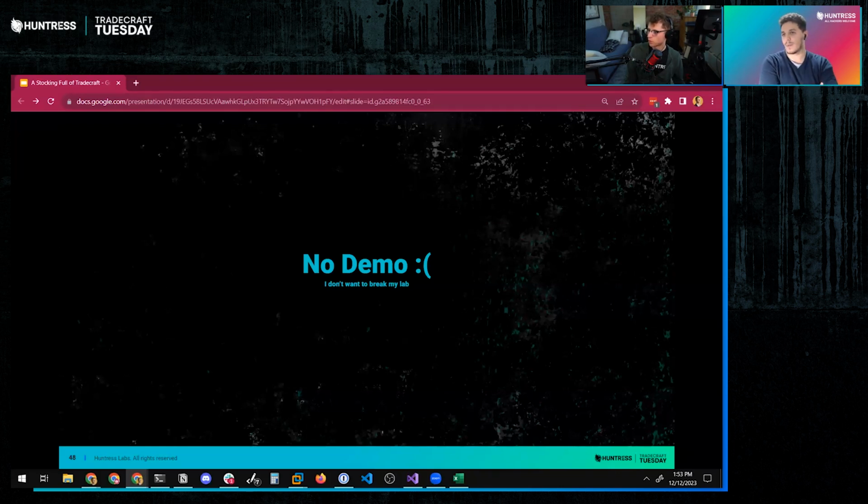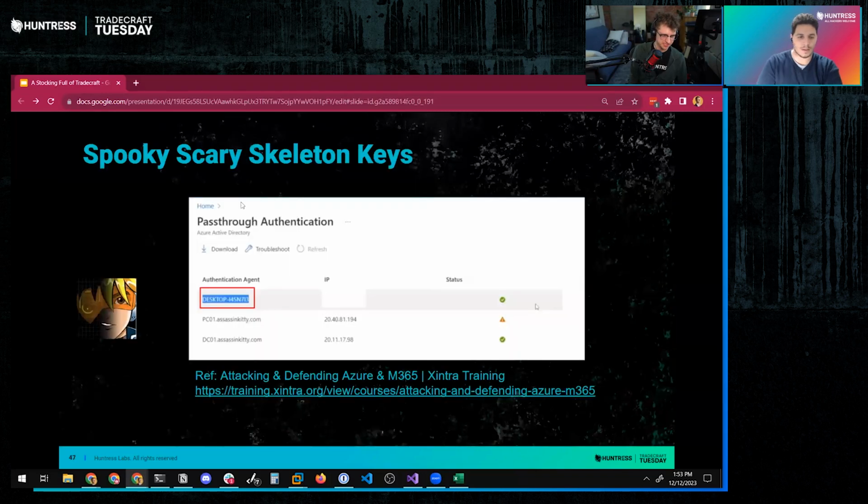Someone says, "Hey, in this example, does the domain controller need to be compromised to inject in the DLL?" Possibly, but not necessarily. You can install the Azure AD connection agent really anywhere. A lot of times it's going to be on the domain controller, but it might also be on your ADFS, your Federation service server.